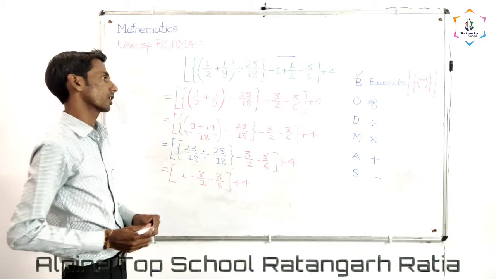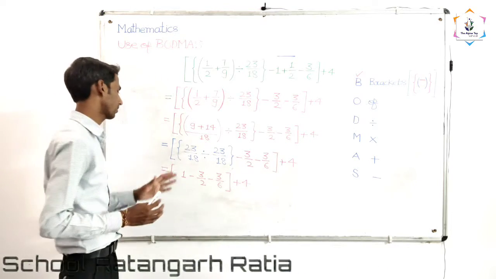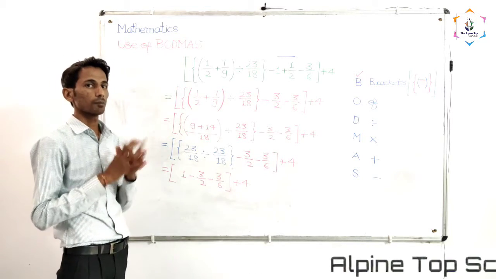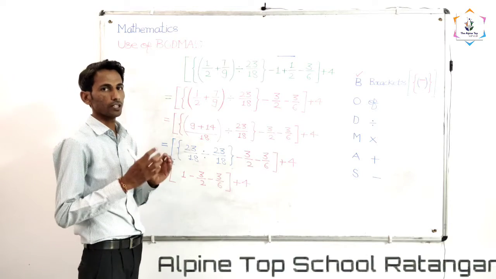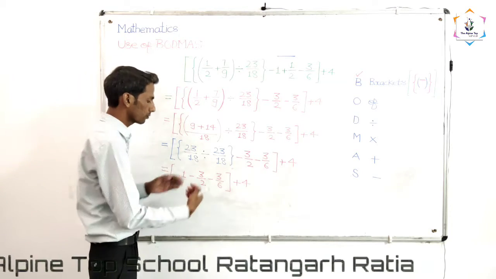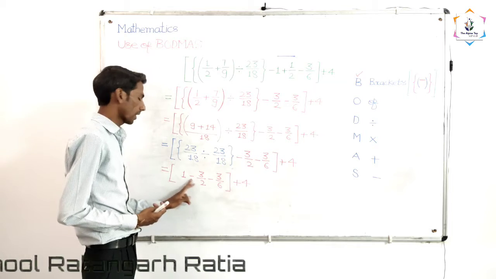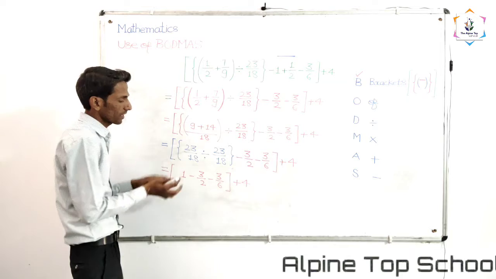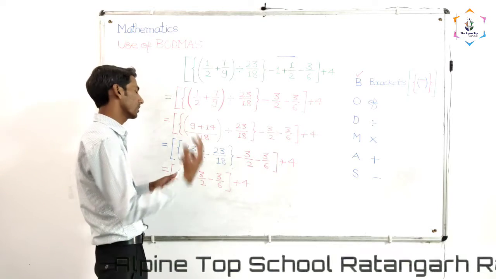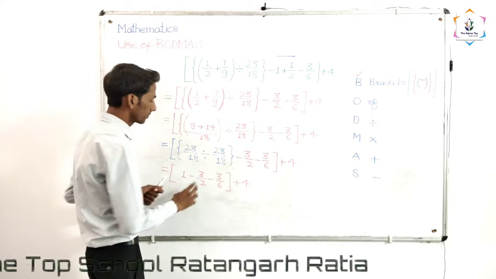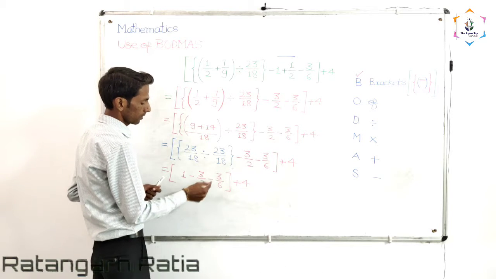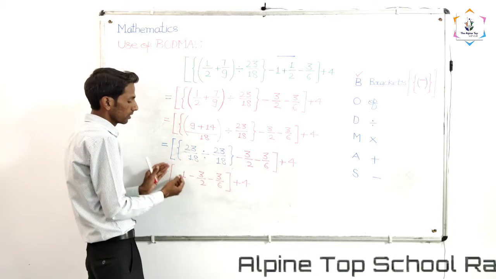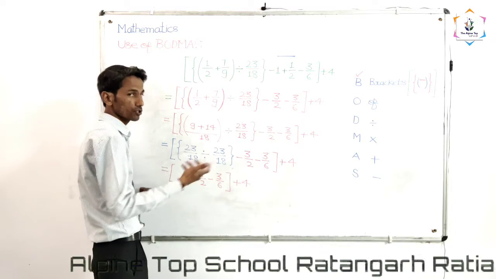Now dear student, according to the bracket system, now it is the turn of the square bracket. But there is another problem for us now, because here we cannot identify a particular symbol. We know we are able to identify minus here, and this one having a positive sign. But according to the BODMAS system, we cannot select any two numbers and between these two numbers any particular symbol. Suppose if we want to solve addition firstly, then I don't know, according to this structure, 1 we need to add up in which numbers.